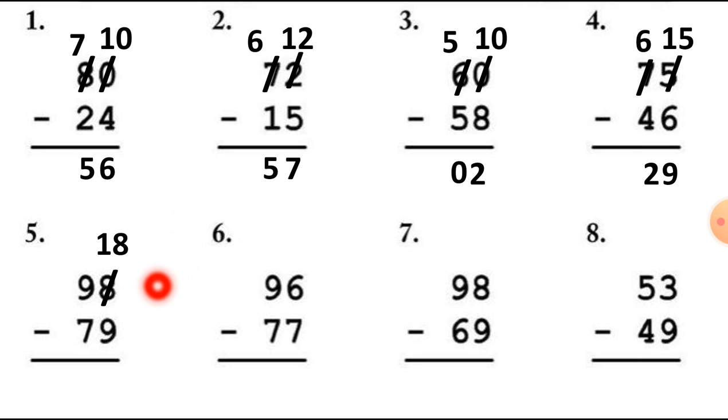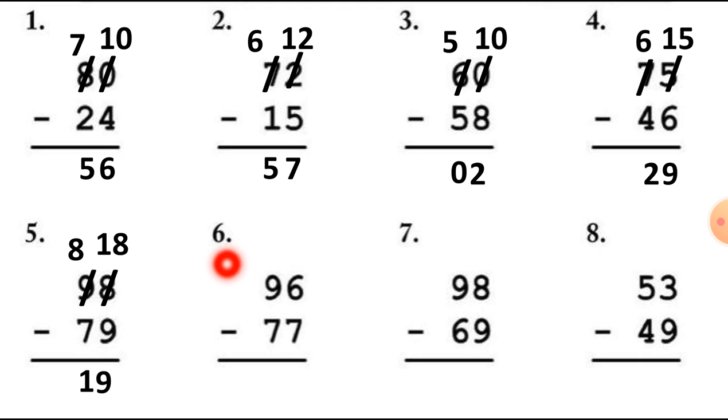Now we can cut easily 9 number from this 18. So 18 minus 9 is equal to 9. So here the ones column is complete. Now let's move to the tens column, students. We are taking 10 numbers from this 9. So we have to cut this 9 number and cut 1 number from it. So 9 number minus 1 is equal to 8. So here now 8 minus 7, we have to take away 7 numbers from this 8. So 8 minus 7 is equal to 1. So here is our answer 19.